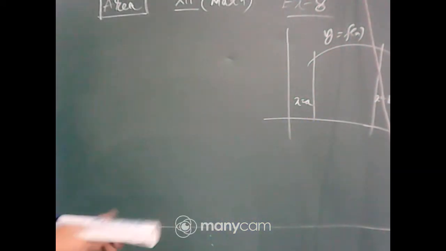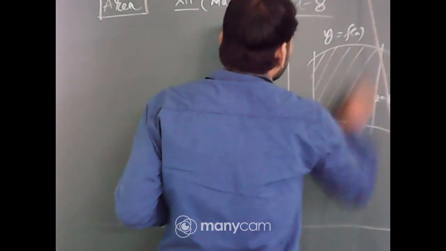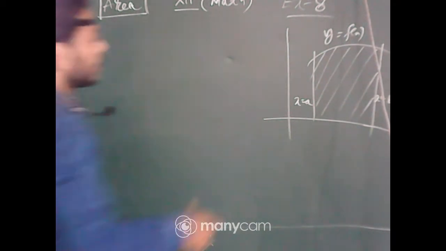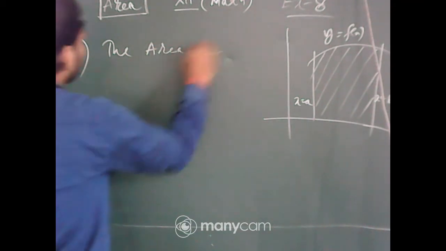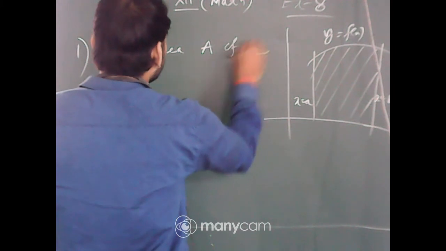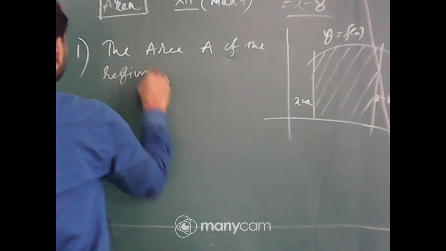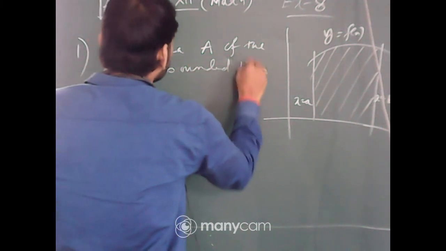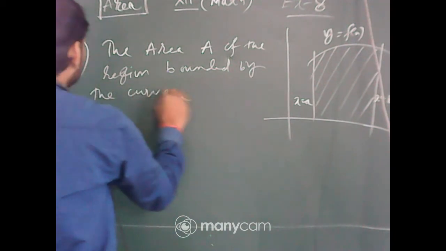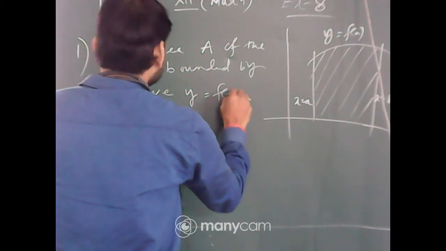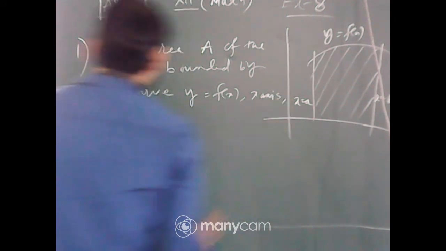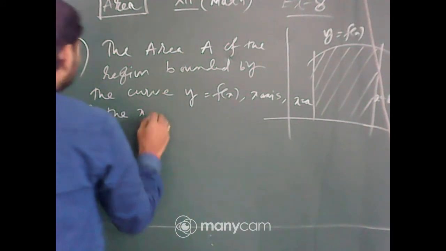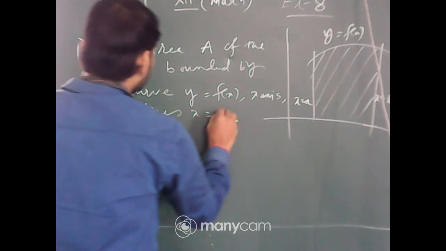Now, in this chapter, we have to find the area between the limits. That means two lines. Here, the first case I am talking about. The first case: the area A of the region bounded by the curve y equals f(x), x-axis, and the lines x equals a and x equals b